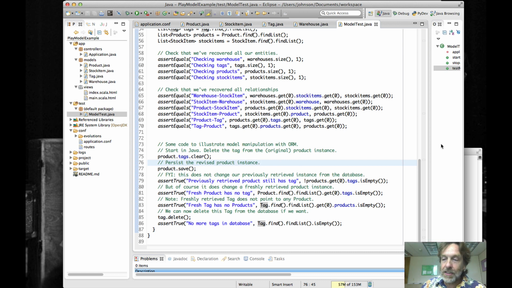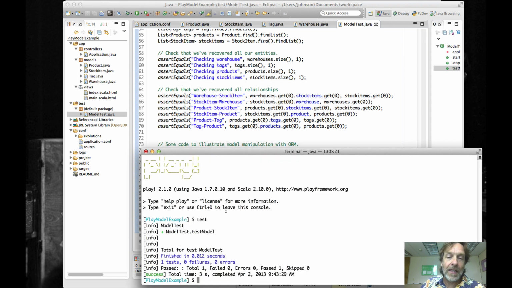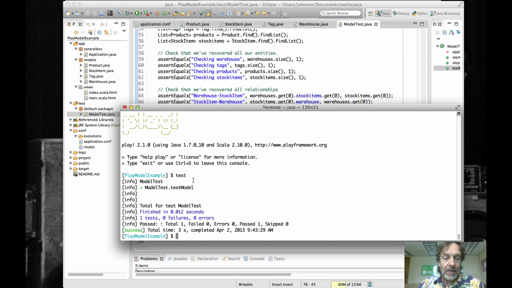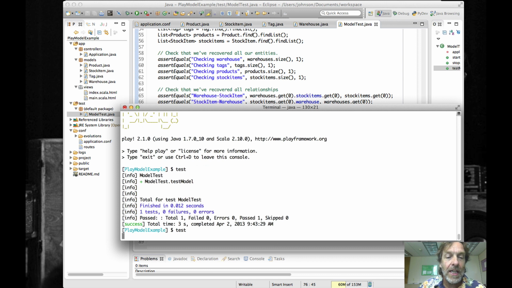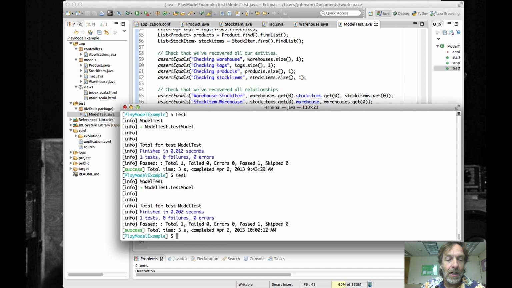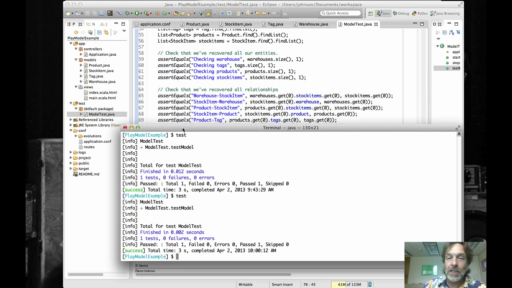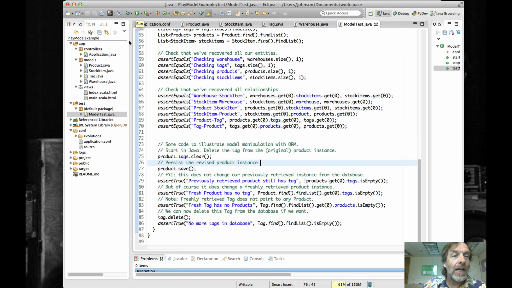Okay, after making these changes, we didn't make any changes here, but let's say you were doing development, you'd go back, you'd run this test method, and you'd find that everything was good, or you'd find that things weren't good, and you'd make the changes that you need to make. It turns out that running JUnit